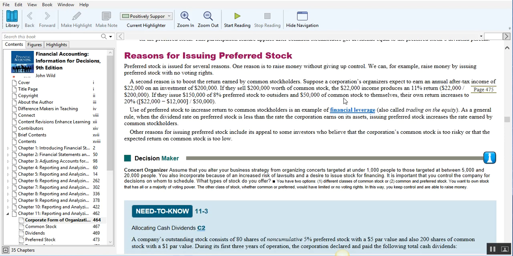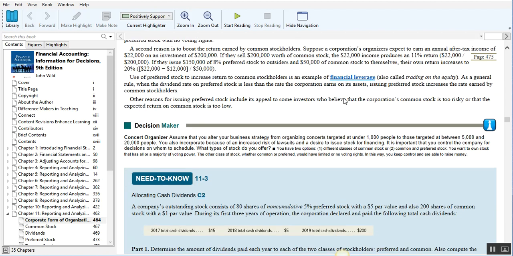You'll issue preferred stock for a number of reasons, but it operates a lot like a bond, and so they have a specific stated value or stated return. So many times preferred stock will be issued and identified by a percentage. So you may have 6% preferred stock. And that way it would work a lot like an interest payment, because that dividend would function like an interest payment.